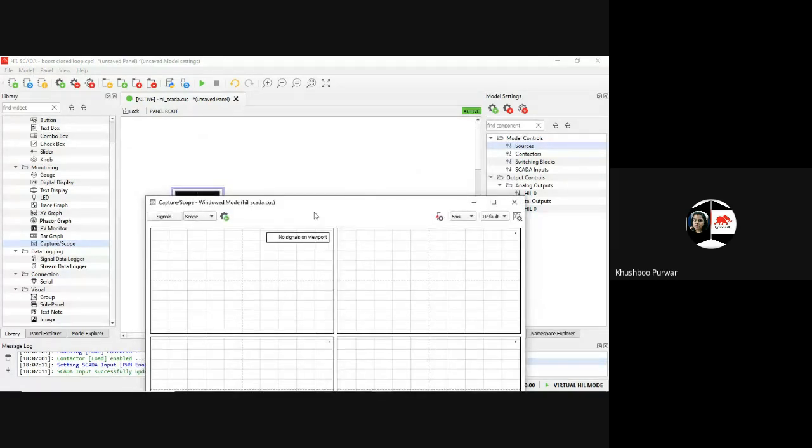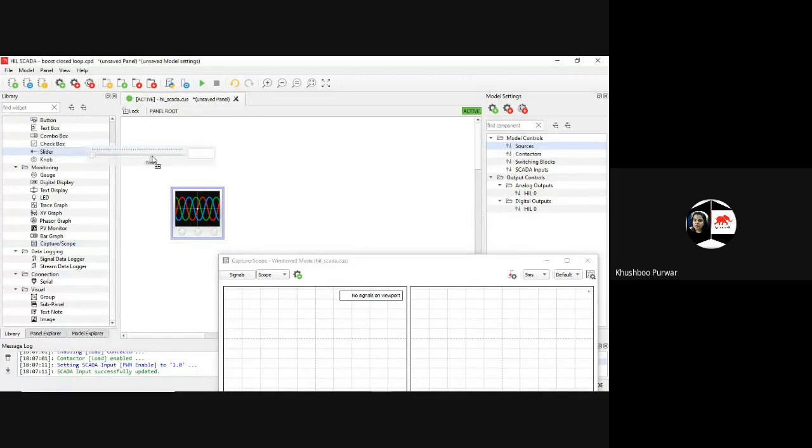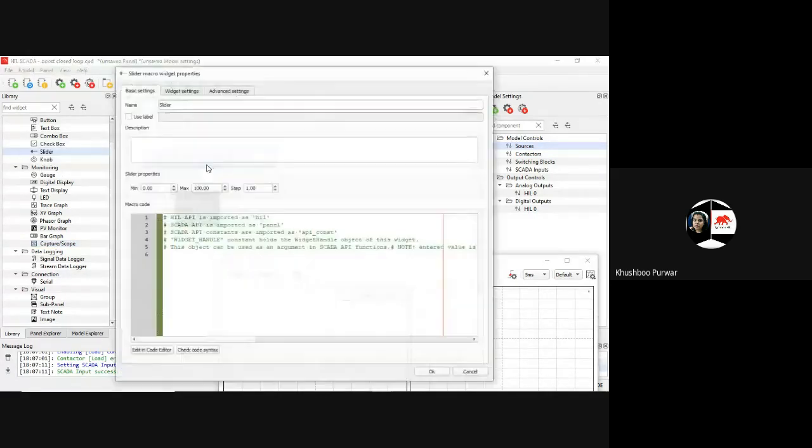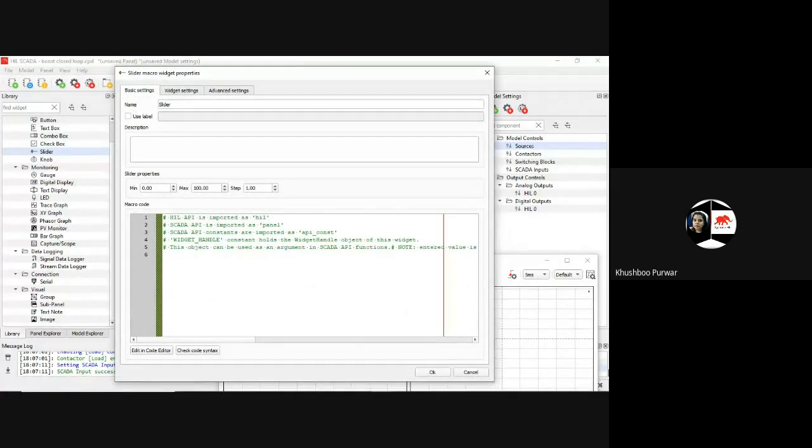So here, I'm going to put a slider for the voltage. I'm going to name it as input per unit.